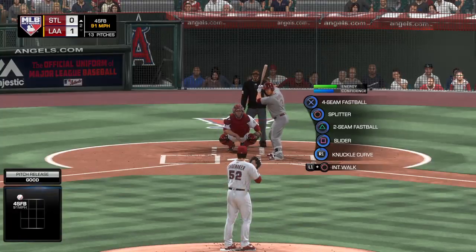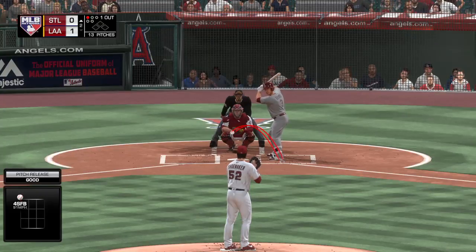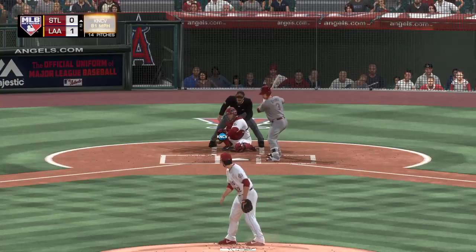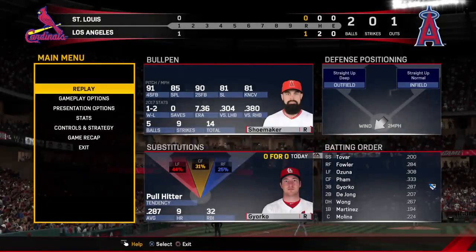Away on the first pitch fastball there. It's ball one. The windup and the 1-0 pitch. And he watches one miss outside. 2-0 now. Now with the 2-0 count and the power at the